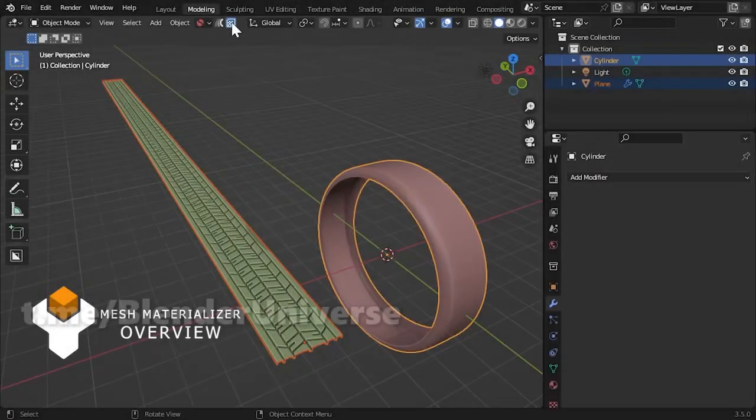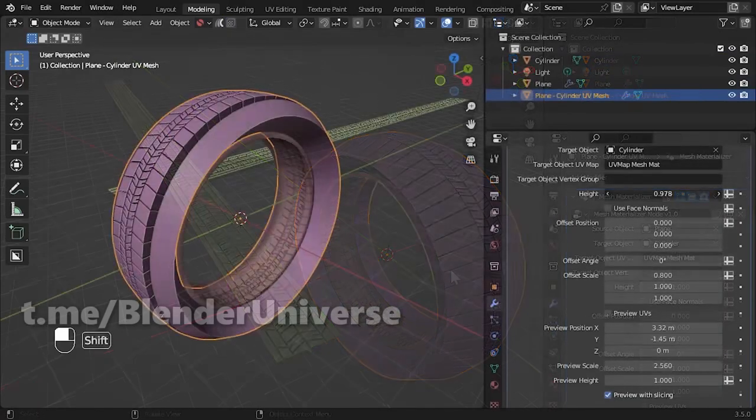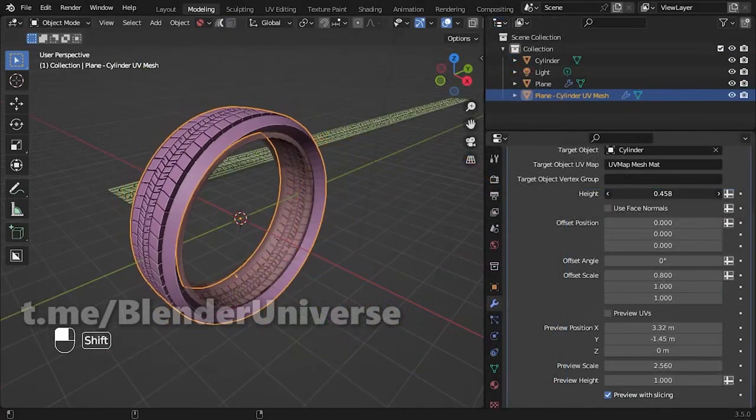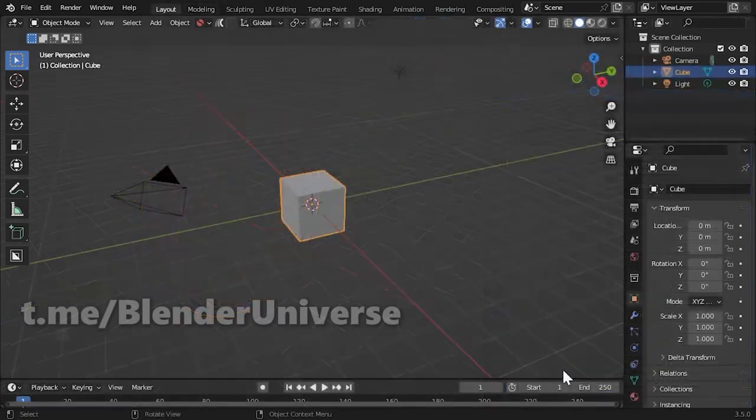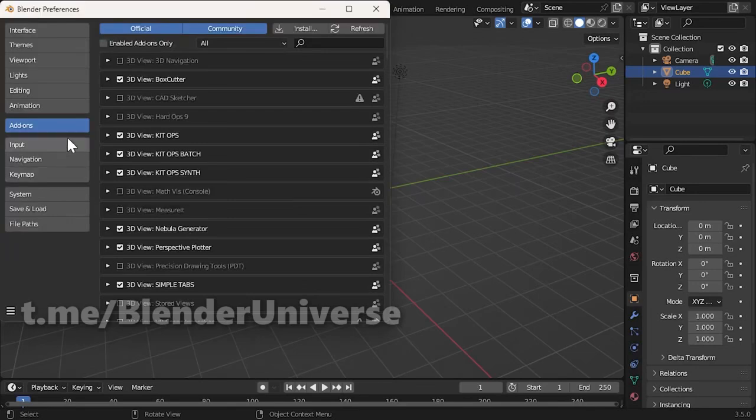Wrap an object onto the surface of another object just like a material using UV maps with the Mesh Materializer Blender add-on. To install the add-on in Blender, go to Edit Preferences, select the Add-ons tab if it isn't already,